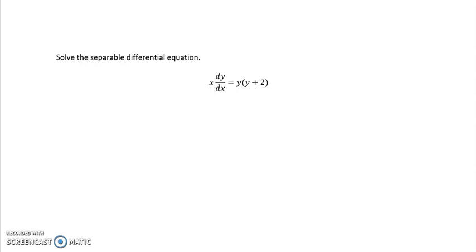So sometimes the most difficult part of solving a differential equation is remembering the algebra and/or the calculus that you need in order to actually execute the solution process. So this is an example of a separable differential equation, but it's going to need partial fractions in order to solve it. So we'll work through the example, and hopefully this will refresh your memory about how partial fractions works